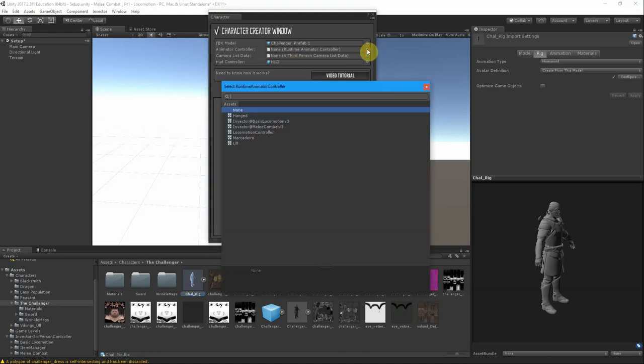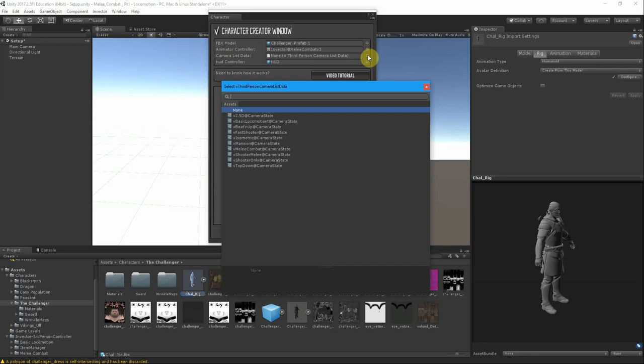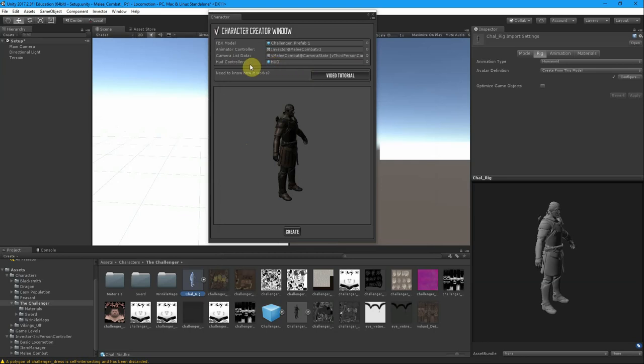The controller comes built in, so we just need to tell it we want to use the Invector Melee Combat version 3. Double click on that. The camera list data, none. Third person camera set, we need to tell it what camera set we want to use. We want to use the Melee Combat camera state, and the HUD controller is essentially the one that's built in, so it gives us a heads up display for all the controls we're using, plus also his life and his stamina as well. So we're just going to create that,